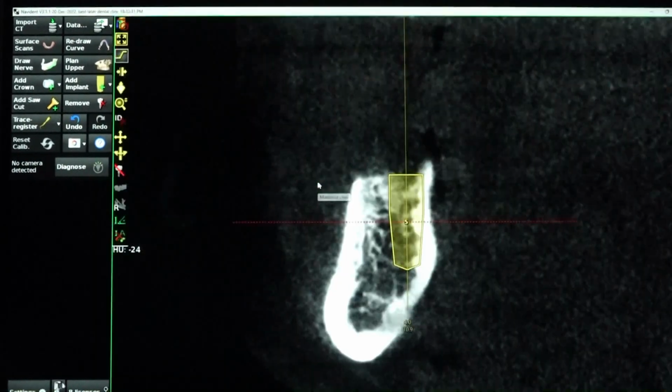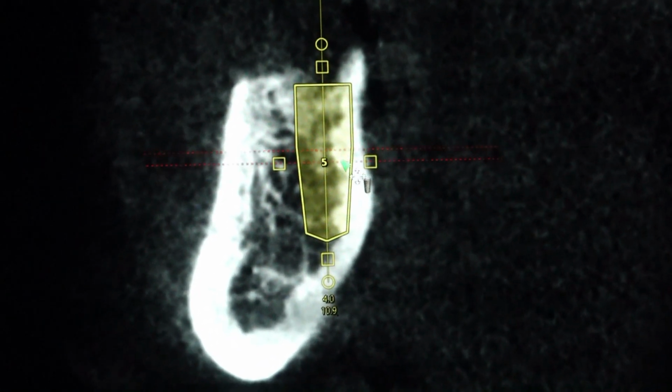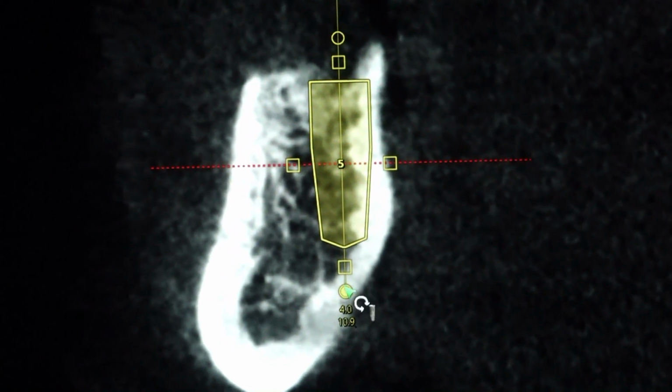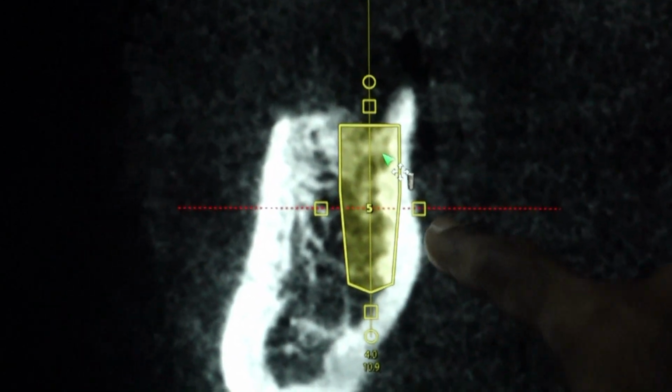Here the nerve is seen. This is the distal root. This is the nerve. Definitely you can place a 10 mm implant. What you see, this is the distal root. You can see the